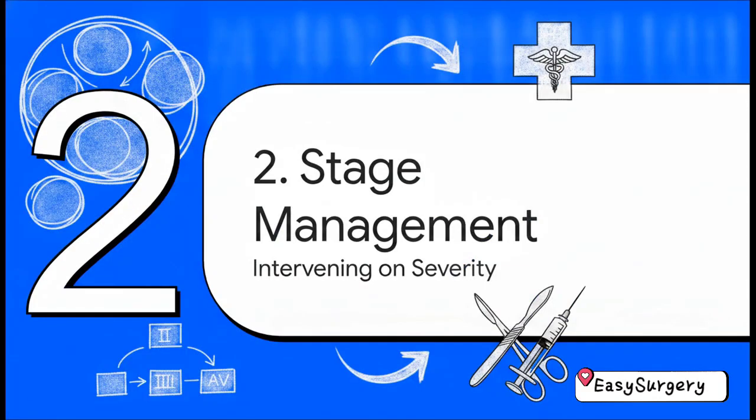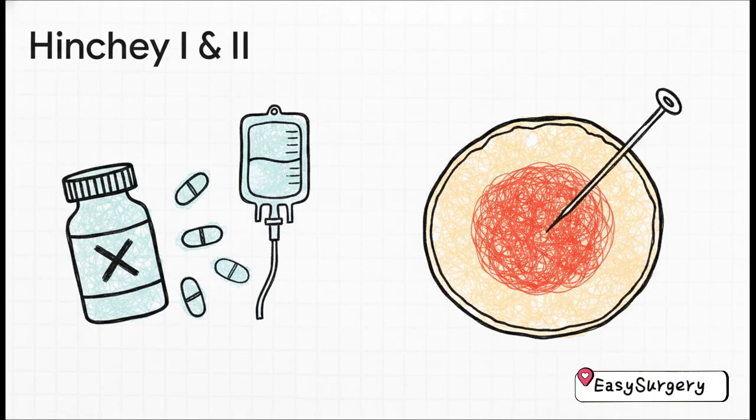All right, moving on to Section 2, stage-by-stage management, intervening based on severity. So for the localized and distant abscesses of stages 1 and 2, our absolute first line of defense is IV antibiotics, bowel rest, and solid supportive care. If it's a small microabscess, conservative management often does the trick. But say you've got a larger or non-resolving stage 1 pericolic abscess, or maybe a stage 2 distant abscess that's anatomically accessible, that's when the standard of care escalates to image-guided percutaneous drainage. Basically, we want an interventional radiologist to get a drain in there and clear that infection